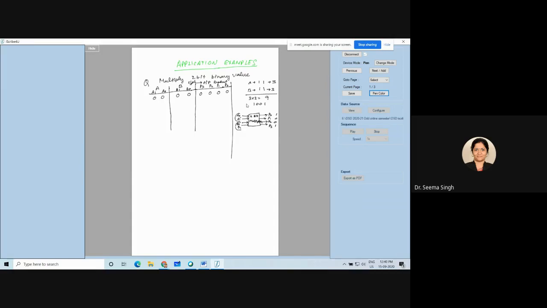Are you understanding the application of what we are trying to make? Now I told you about the input, I told you about the output, and I gave you the block diagram. Now you need to design this block. This 2-bit multiplier is there, no? This circuit you need to design. For designing that circuit, you need this truth table.